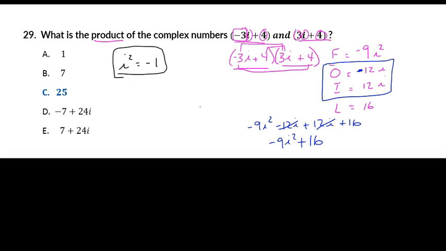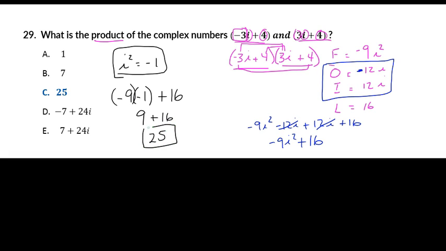So now if we plug that in, it is -9 times i squared. i squared is -1 by definition, plus 16. I mean, -9 times -1 is just 9. The negatives cancel each other out, and it becomes just 9. Plus 16 equals